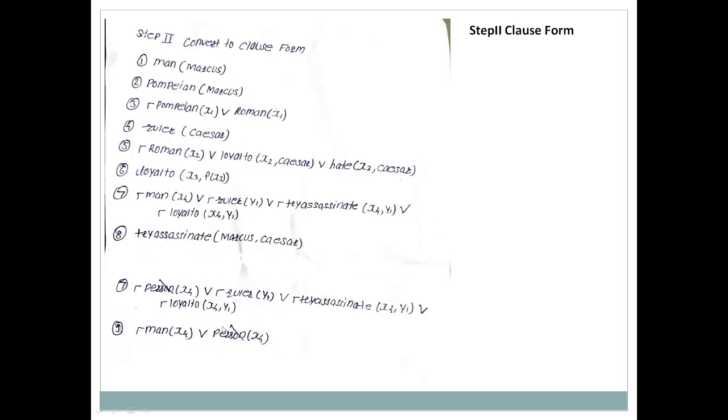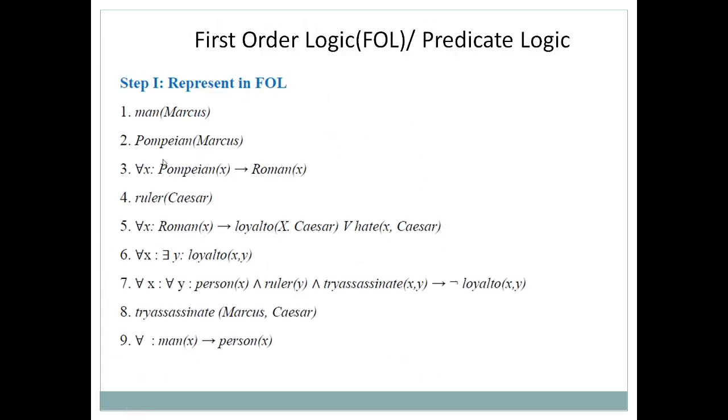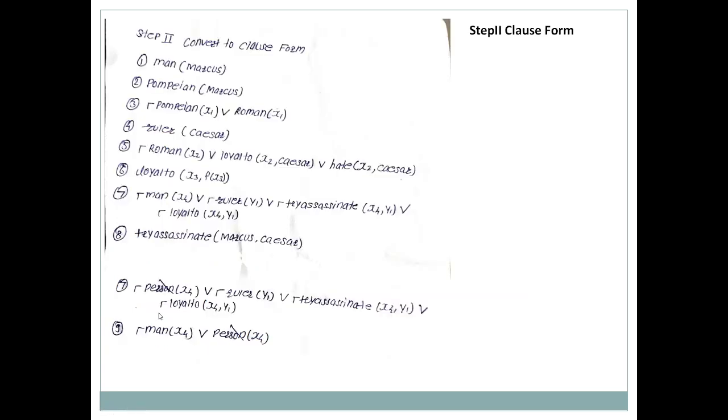So now see here, this person and this person will get cancelled, because here negation is there and here it is positive, so it is being cancelled, and this man is replaced over here. Sometimes students may wonder, sir, here in total 9 statements are there, but in the clause form we have only 8. Why is it so? Because as we have cancelled this term, only one term is remaining, so we have attached it here and it is replaced by x4. That's why.